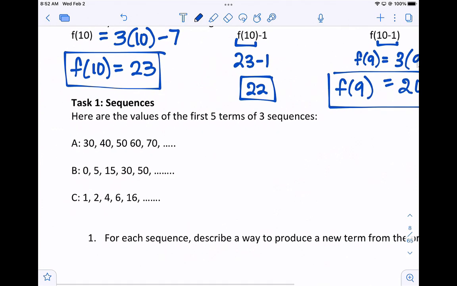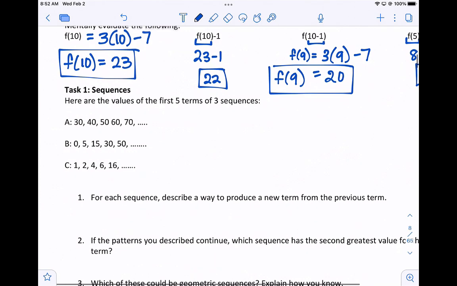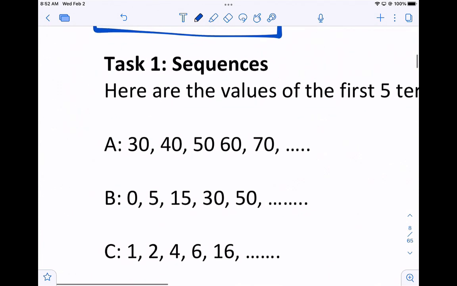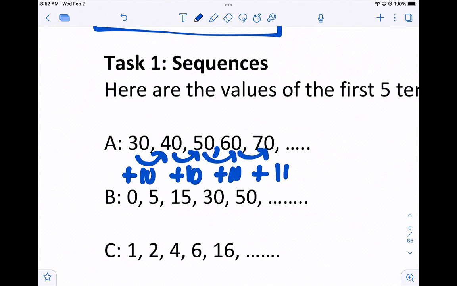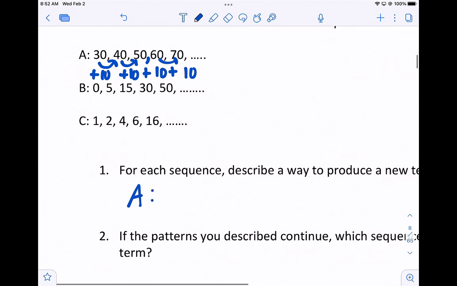Okay, so first task, sequences. Here are the values of the first 5 terms of 3 sequences. For each sequence, can you describe a way to produce a term from the previous term? Okay, so for sequence A right here, it looks like we're, and there's a comma missing, we're adding 10 each time. Okay, so that one for sequence A, add 10 to the previous